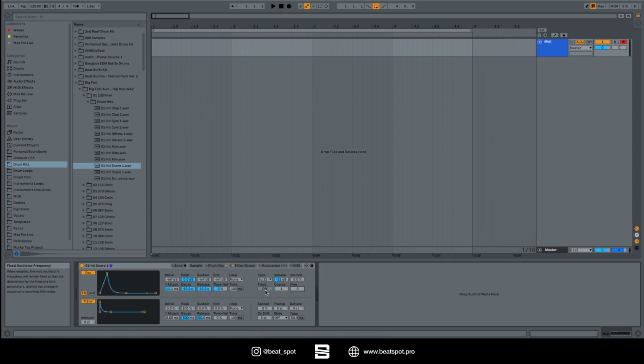And here we have the fixed oscillator frequency, so we can just select one fixed frequency and multiply it by a determined factor. Here we have the pitch envelope, which is not working because we have to turn up the amount. Here we have all the ADSR. Here we have the spread, which creates some stereo content. Then we have the transpose,